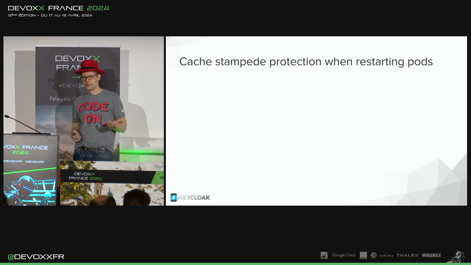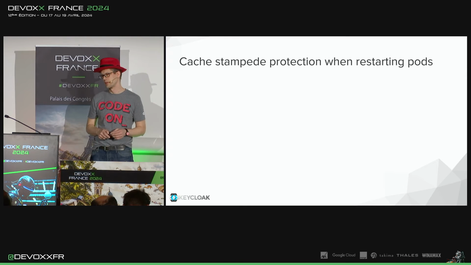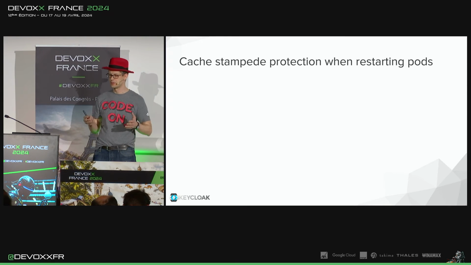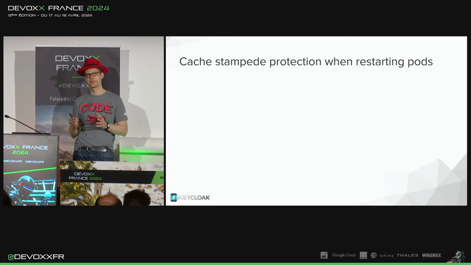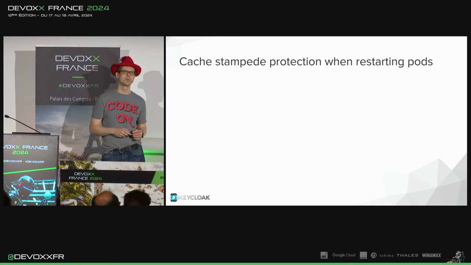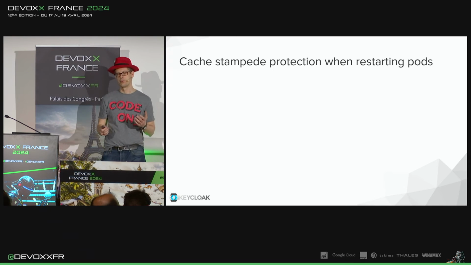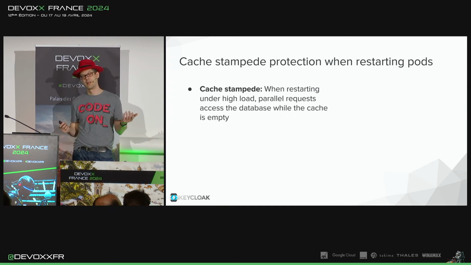There's also a cache stampede. We found that was happening under load. So when you're stressing the system with a lot of logins per second and refreshes and users doing their things, and you then start restarting pods, because there's maybe a failure in a node, or you want to restart your pods because you reconfigured something, this should be seamless, but there's then a cache stampede happening.